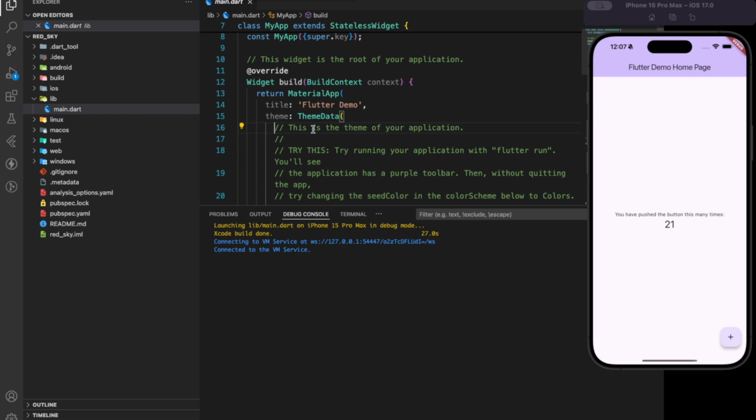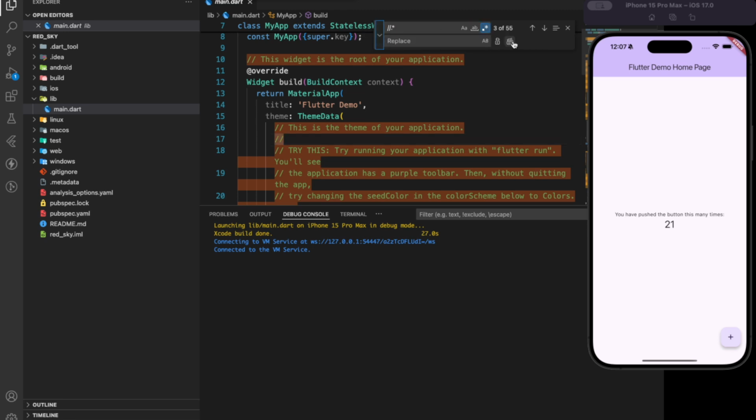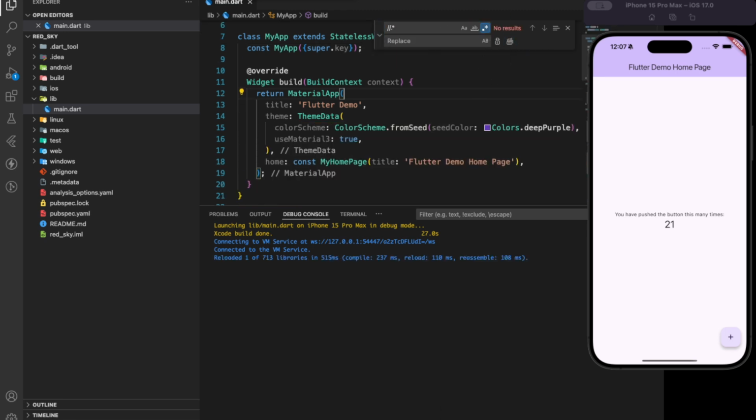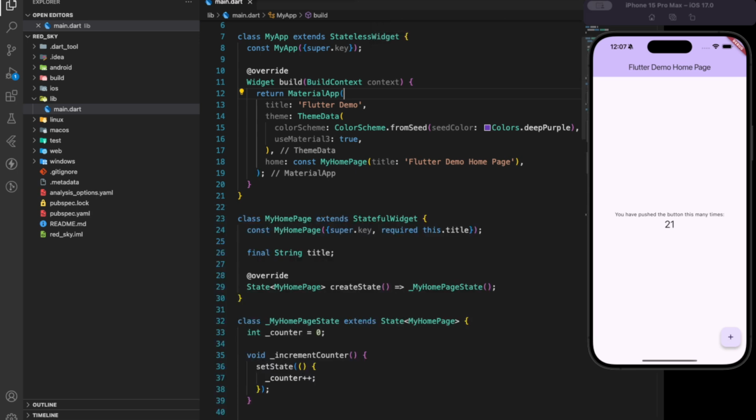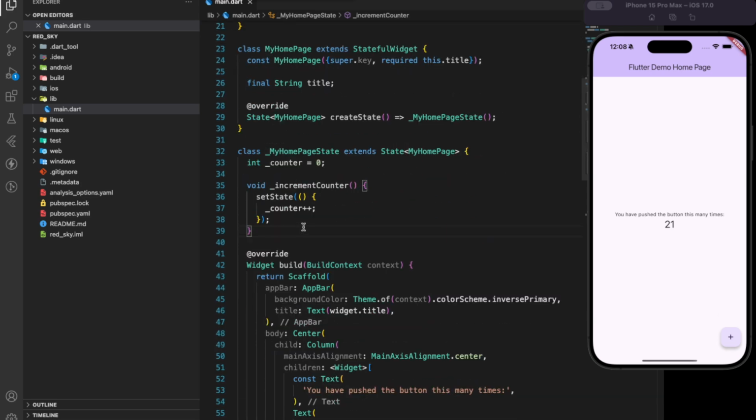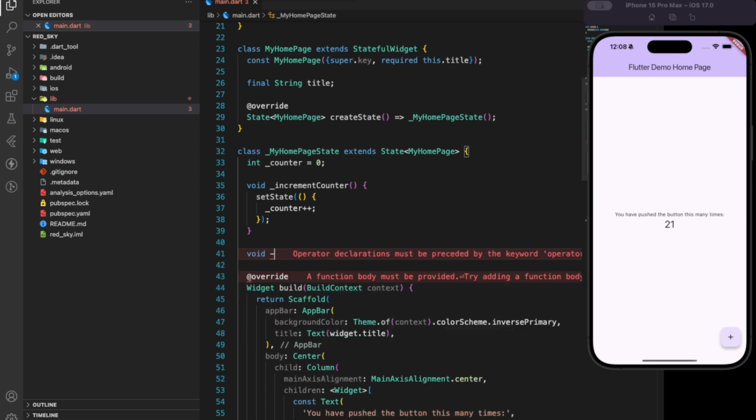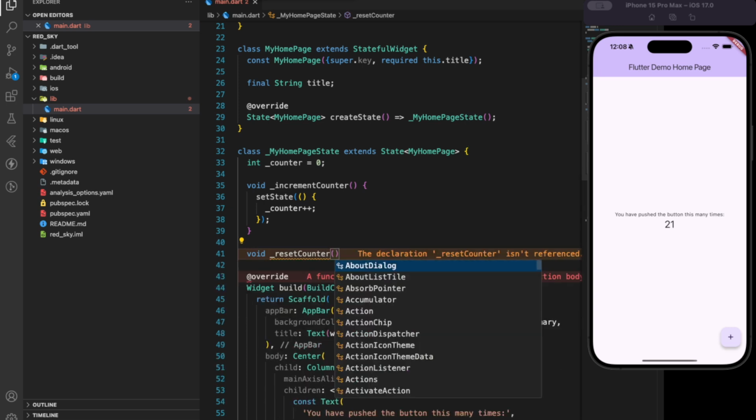So first of all let's remove all the comments. Command F. We will use regex to remove all the comments. And replace all. Command S. Once this is done, then I will write a function called void reset counter, and then we'll reset the counter